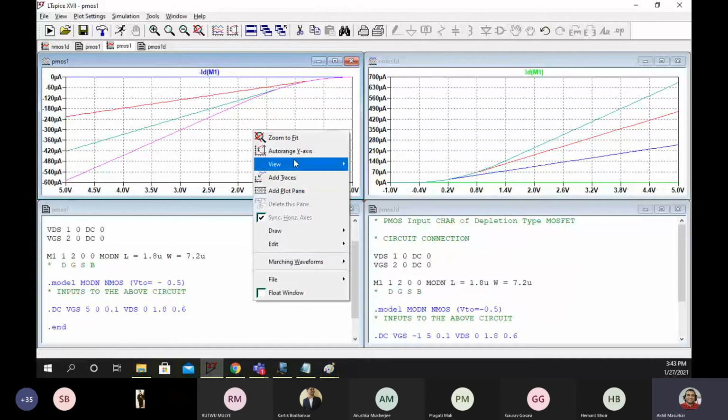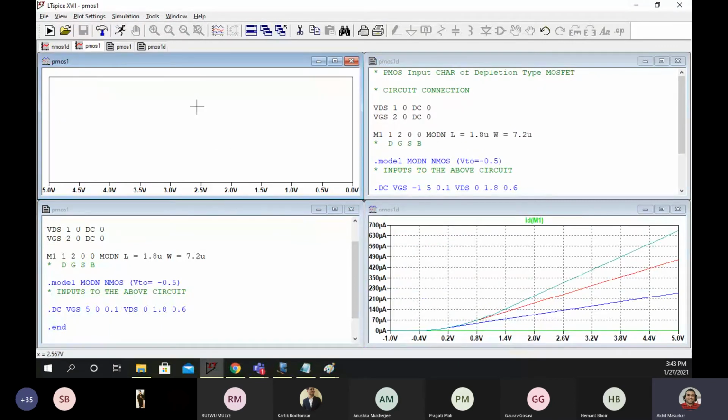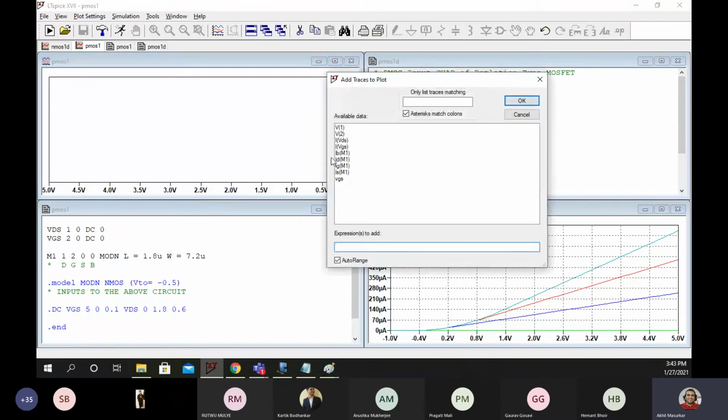So when you add trace here, see I'm just deleting this. I made this minus 0.5 volts. Now you say run. But when you are adding trace here, you add ID M1 and here you write a minus sign. Minus ID M1.